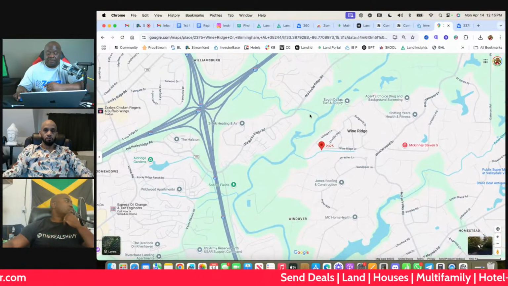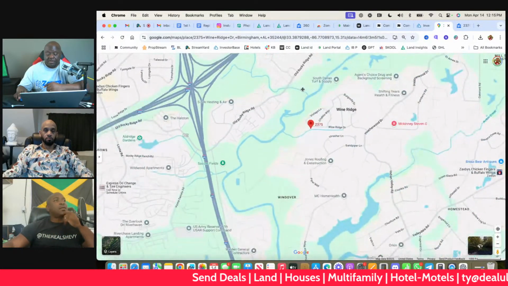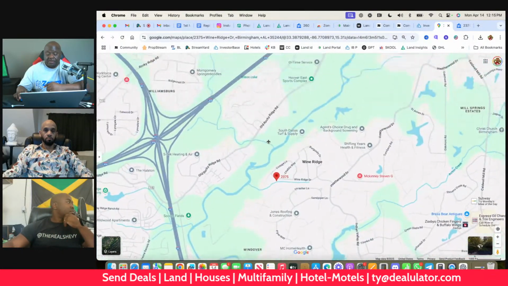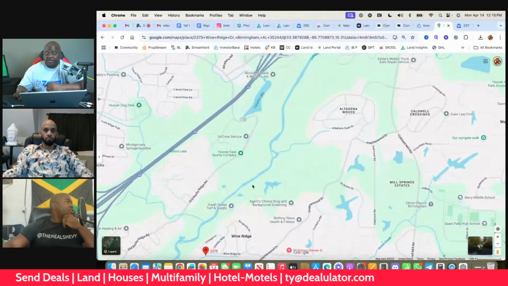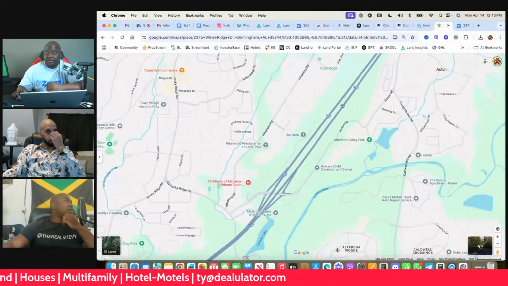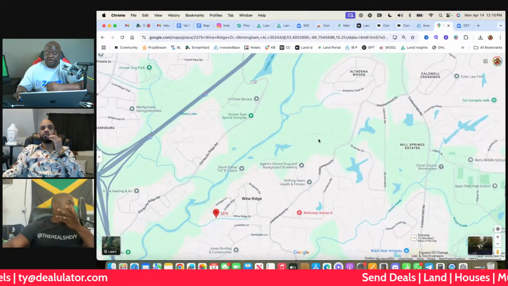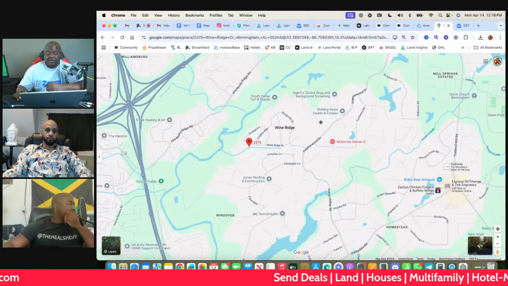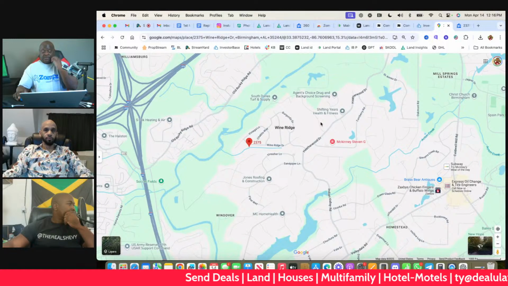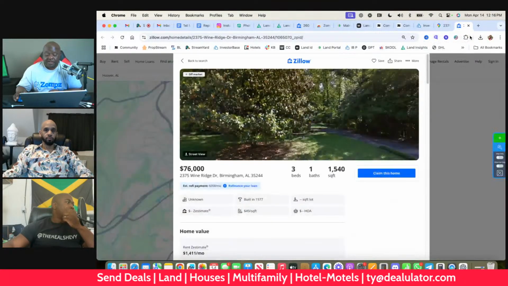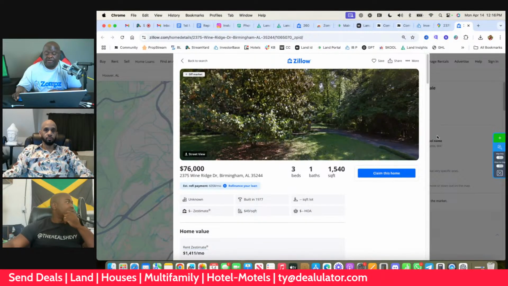So that's Acton Road. You go down through there. Interesting. They probably ain't that much back there.